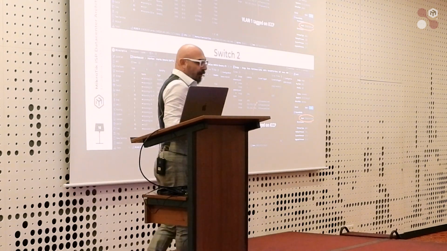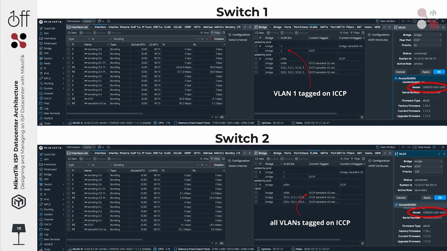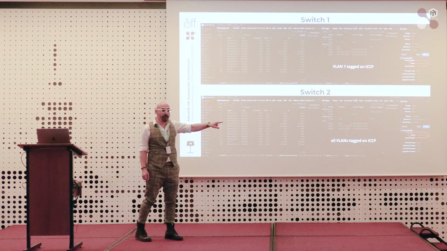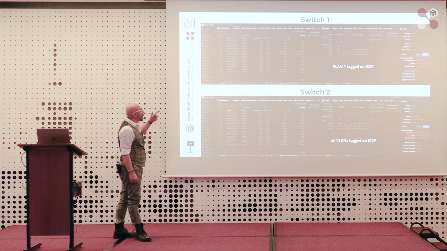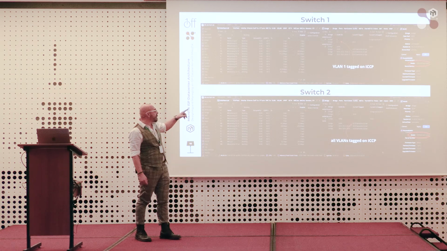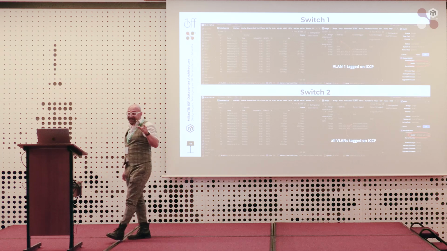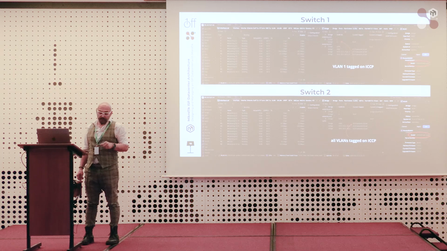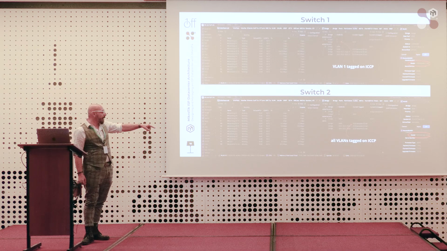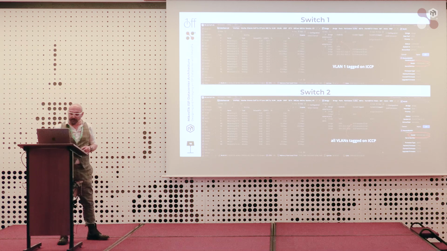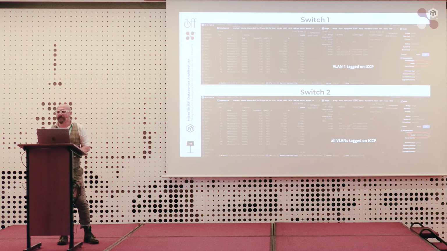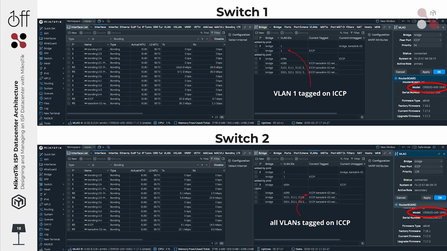All the screenshots I insert in the presentation belong to real-life scenarios. So these are two CRS520 switches, great machines, configured as an MLAG. And as you can see, we have the VLAN 1 tagged on the ICCP port, as well as all the VLANs tagged in the same port. And the switches are acting as an MLAG. The CPU load is quite